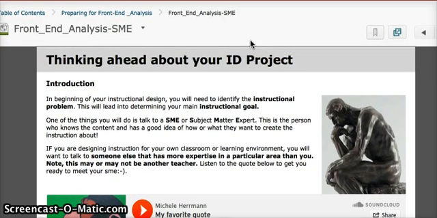First, you're going to learn about the SME. And what is a SME? A SME is a subject matter expert. And really, we want to encourage you to get outside of your comfort zone and interview somebody you never did. And somebody that you don't take for granted. If you're doing a project where you're teaching your kids about botany, for Pete's sake, interview a botanist. If you're teaching kids about